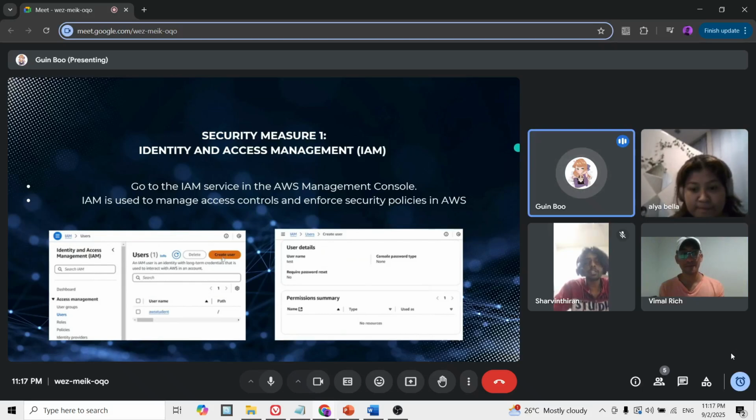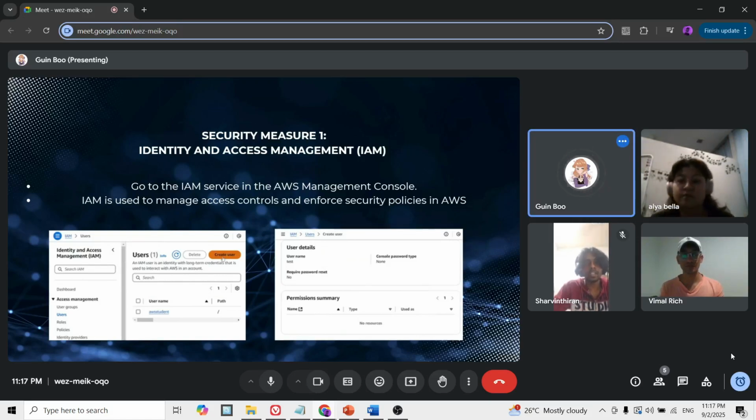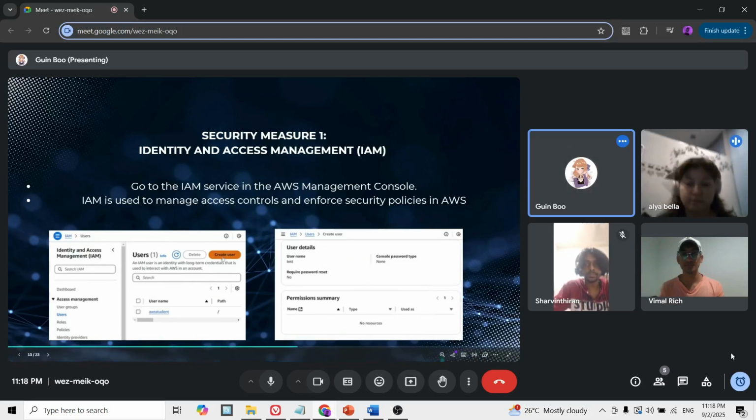Okay, there are a few security measures we implemented in our website. Firstly, we implemented Identity and Access Management (IAM). Okay, why did we use IAM? It is used to manage